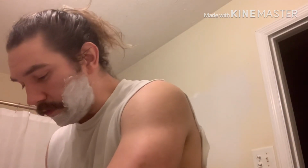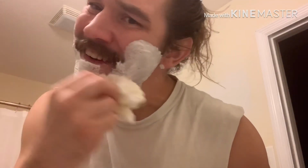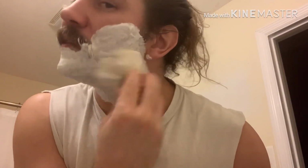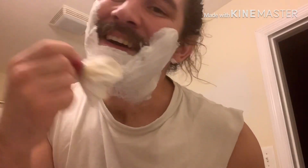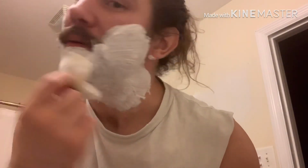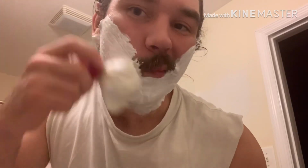So let's get started. I know I've said in numerous shaves, you cannot beat a really nice boar brush. Someone who's made, bought, and been gifted extremely nice badger brushes. You know, it's like being handed a, I don't know, super nice, like, I hate to use the word Ferrari, like a Mustang GT or something. You know, it comes out of the gate with 450 horsepower and all that,